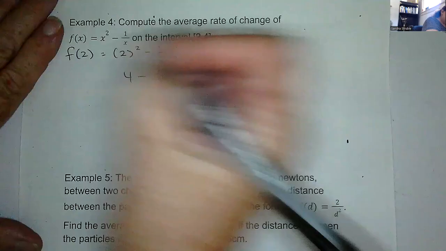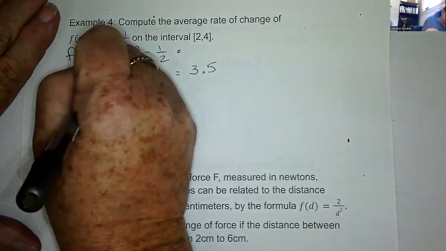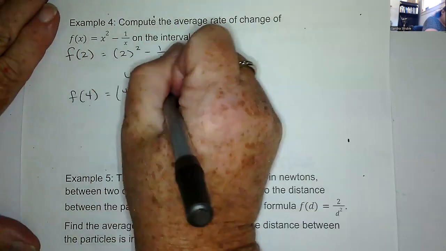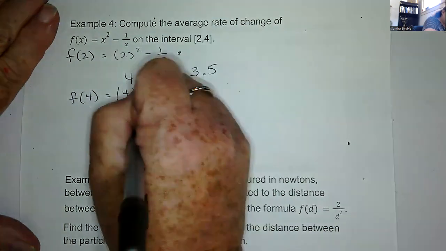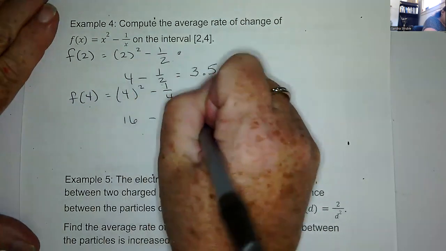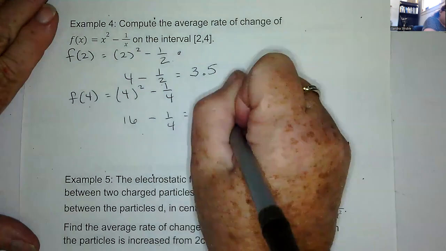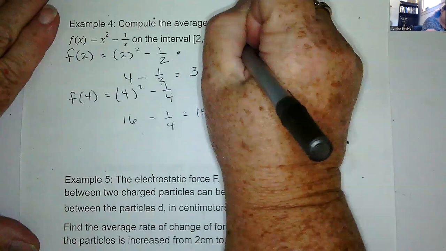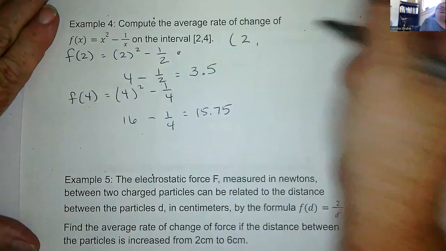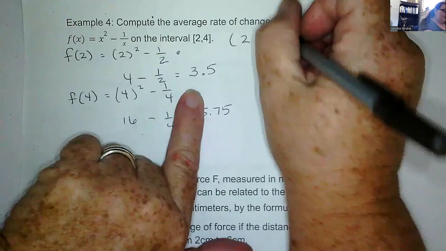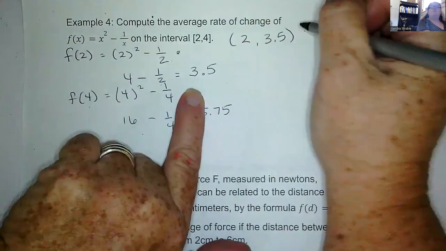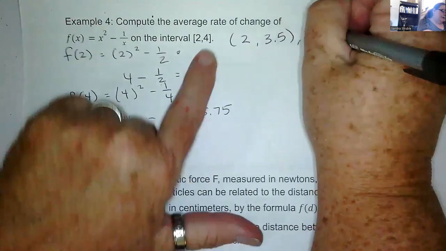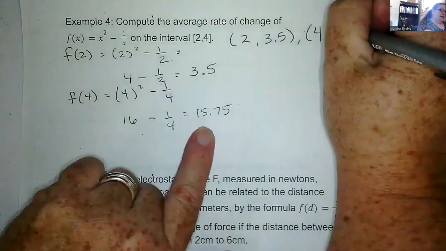Trying to decide if I wanted to leave this into decimal or not. F of 4 is equal to 4 squared minus 1 over 4. So that's 16 minus 1 over 4, which is 15.75. Okay, so now we've got 2 ordered pairs. The first one is going to have the x value as 2 and the y value of 3.5, which is our output from plugging 2 into the function. And then the second value is from the 4 in the domain, and it's representing